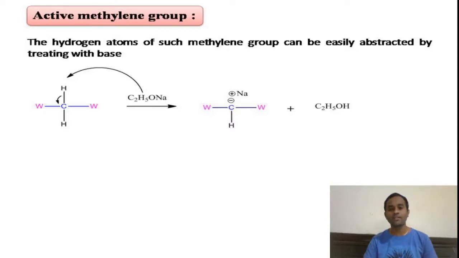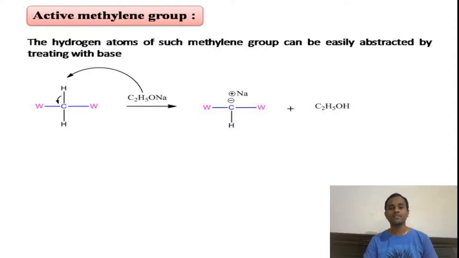Here the formed carbon anion is resonance stabilized. The negative charge on the active methylene group is shared among the withdrawing groups present in the molecule. Thereby there is a charge dispersion. The charge has been shared among all the groups, thereby it is resonance stabilized. So such carbon anions are easily formed, right? So this is the active methylene compound, and that carbon is called the active methylene group.